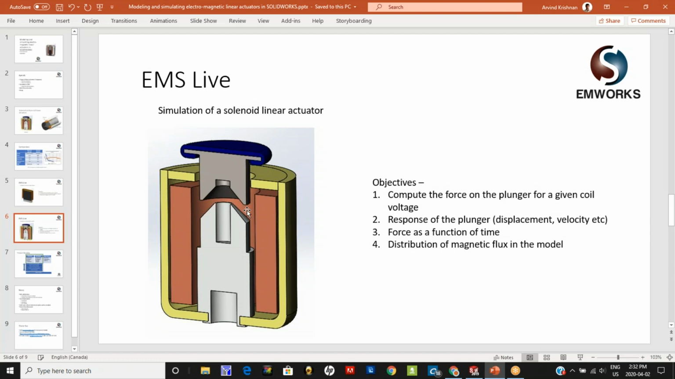Next, we are going to take a look at the simulation of solenoid linear actuator. So we saw the voice coil actuator. Now we will take a look at the solenoid linear actuator. The objectives of this simulation are very similar to the one that we did earlier. Namely,